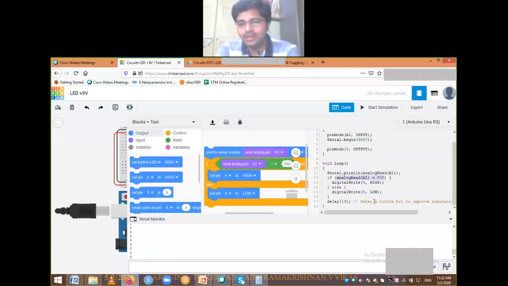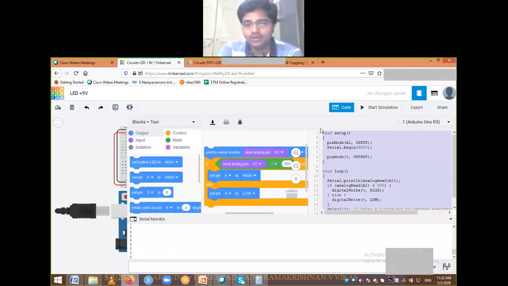So we are not concentrating on the writing part of this code, because we are not teaching you how to write the code, but we are teaching how you can use Tinkercad to generate this particular code. When you can generate this particular code, I don't think it is necessary to learn how to write codes. Once you are familiar with Tinkercad and working with Arduino, then you can try writing your own codes in Arduino.